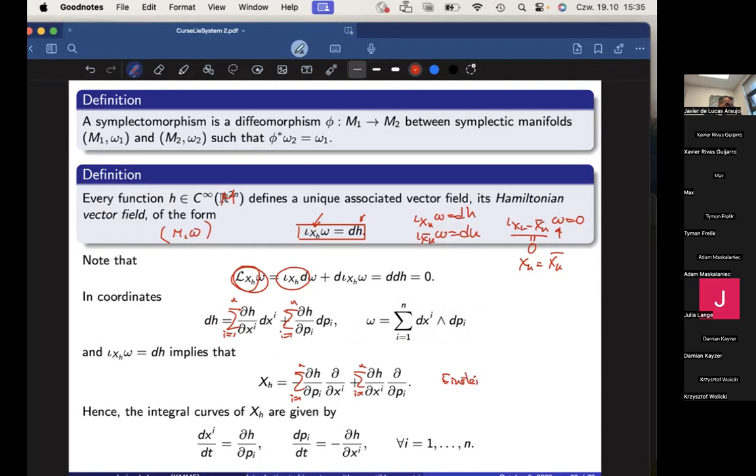So the thing is that when you have this vector field, and you impose that the contraction with the symplectic form must be dh. By solving the system, you obtain this expression, so the Hamiltonian vector field has this shape. And you can see that integral curves of this vector field satisfy that,